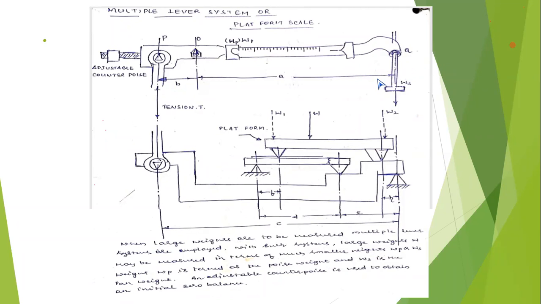So along with the platform scale, the manufacturer supplies the poise weights in denominations of 10 kgs, 20 kgs, 50 kgs or 100 kgs. Like that, they supply the poise weights: 10 into 2, 20 into 2, 100 into 1, 500 into 1. And at the end of the beam there will be a provision